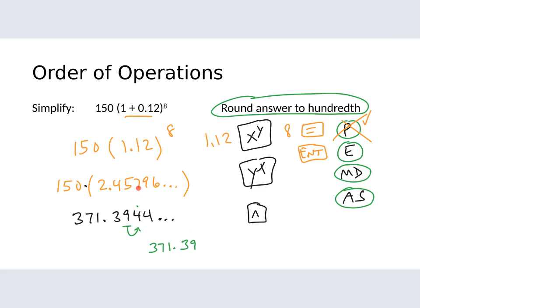So that number, 2.47596. Very good. Thanks. Y'all keep me in check. So I just switched that 7 and 5 around when I wrote it down, but raising 1.12 to the 8th, you should get 2.47596. If anybody has questions about what we did there or how to use this button, let me know before